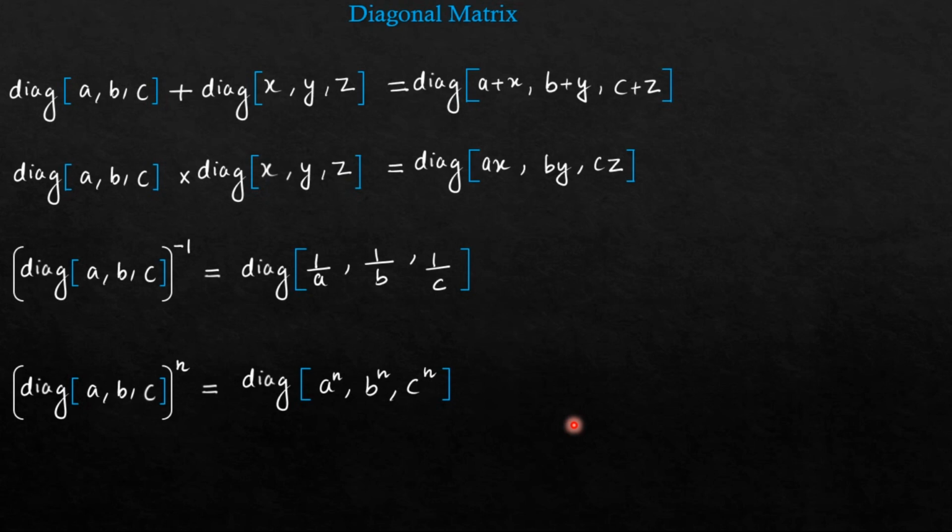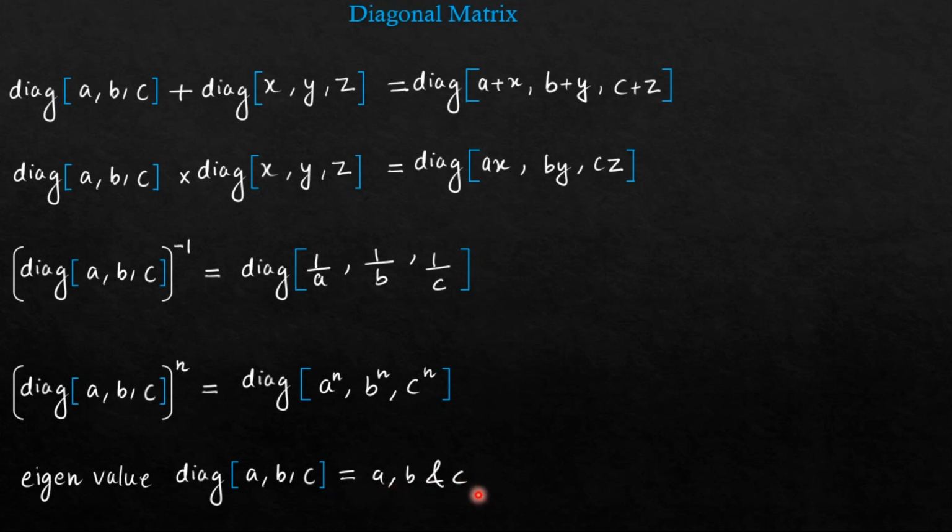Okay. Now we will study all these operations later on, that is addition, multiplication, inverse of a matrix. But right now I am directly writing them. Later we will study all these operations in great detail. Similarly, when we talk about the eigenvalues of a diagonal matrix, the eigenvalues of diag(A, B, C) are simply the diagonal elements A, B and C. That is, the diagonal elements themselves are the eigenvalues. What about the determinant? The determinant of diag(A, B, C) is equal to A into B into C. That is, the determinant is nothing but the product of the diagonal elements in the case of a diagonal matrix.